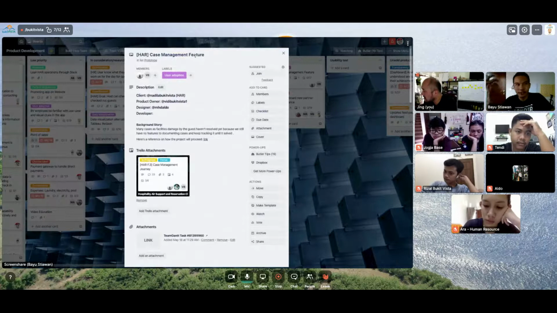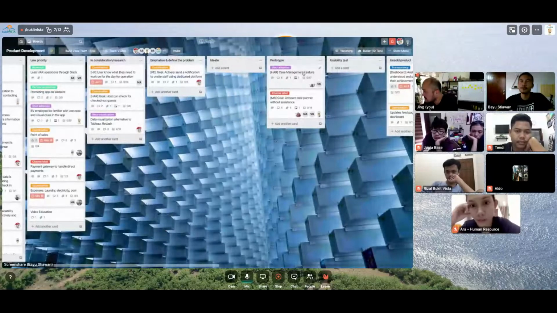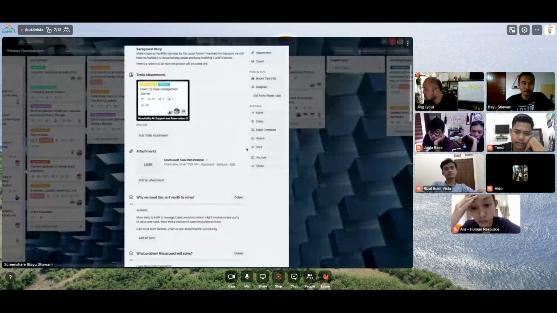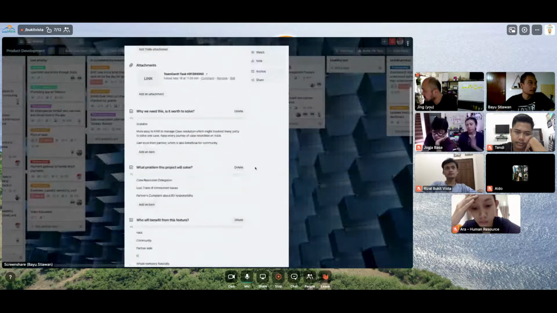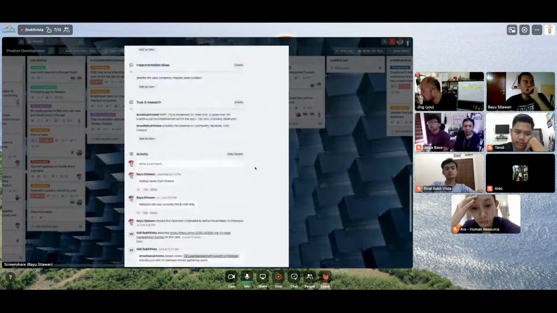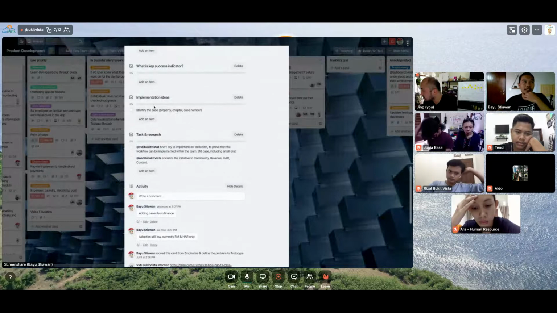This is something to do with project management. Sometimes we forget what the original goal is because we choose the wrong words or the wrong title. So if we see here, we always say, oh yeah, we want to build some case management feature. We want to build a case management feature, but we don't see what problem we're going to solve. So that also needs to be refined into the actual goal, in case the implementation idea